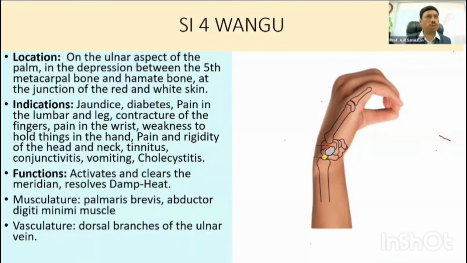Even the authors wrote that this point is useful for the yellow color, jaundice. Maybe there is a problem connected to the spleen, which is also responsible for jaundice, and also because the spleen's color belongs to yellow according to TCM, whereas green is related to the liver and gallbladder. So you understand this point is helpful to treat jaundice.